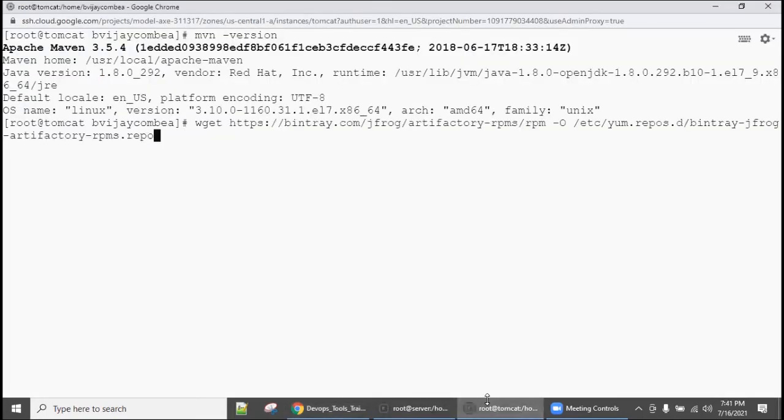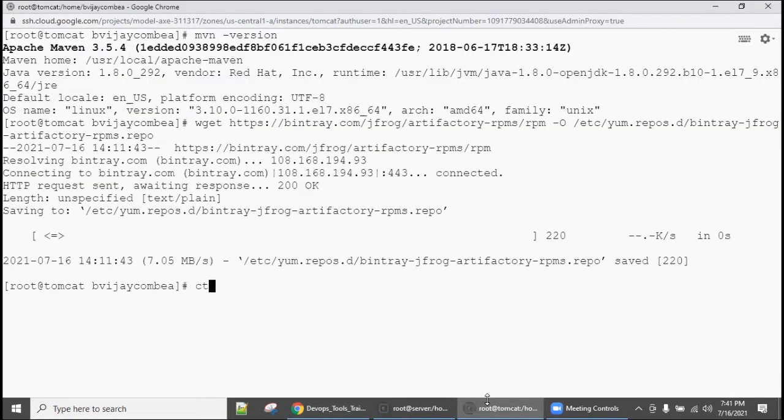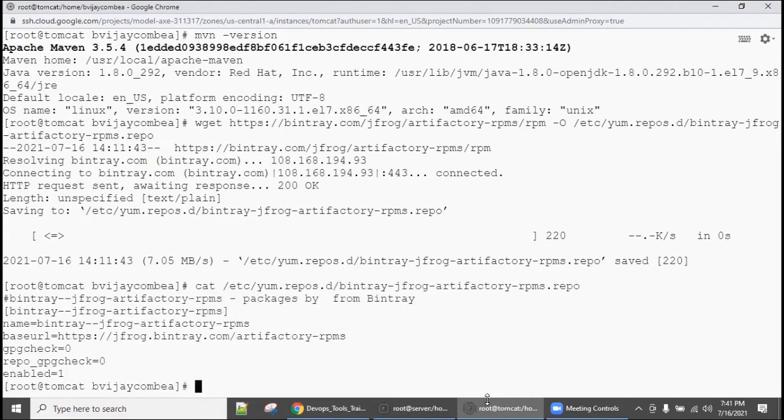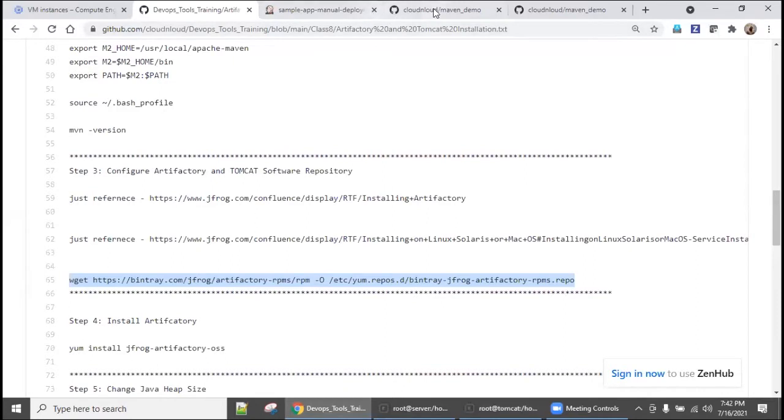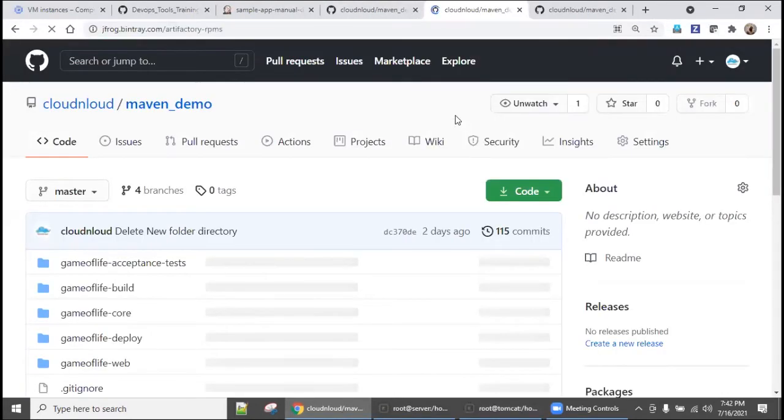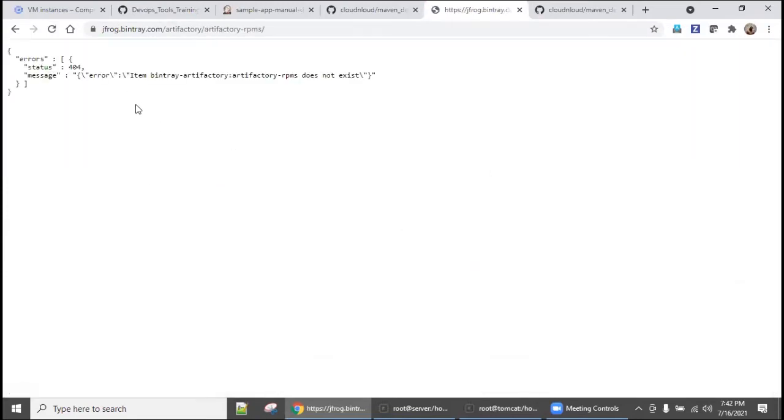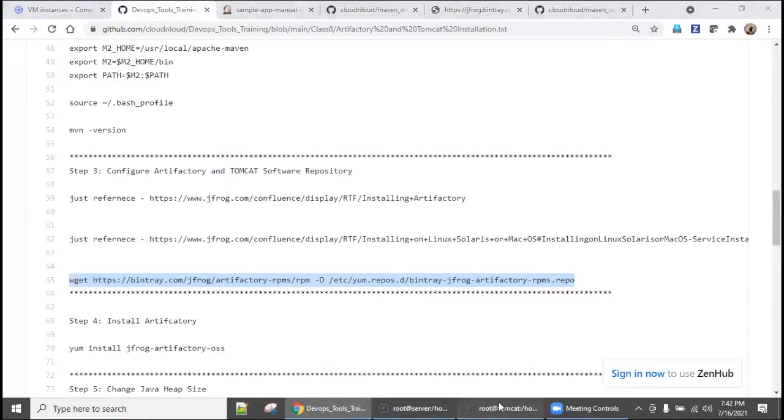You can cat the etc yum.repos.d file, and this is the URL: https jfrog-binary.com artifactory RPMs. Go here and you can find out that they are basically redirecting, but that RPM will know what it is.